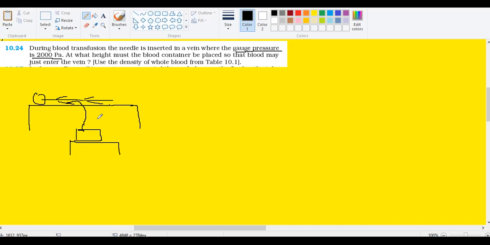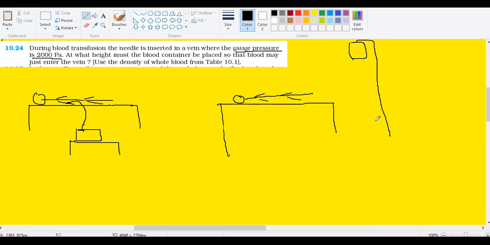Now, this is during donation, but when a patient is actually taking in the blood, right? So you have to keep the blood bag on top or bottom? Top, right? Why? Because the patient is lying like this on the bed, but then the blood bag or the container will be hanging somewhere here, right? I'm sure all of you have seen this, at least in movies. Why? Because only then you will get the required pressure at this point.